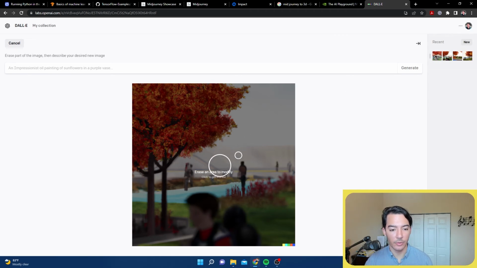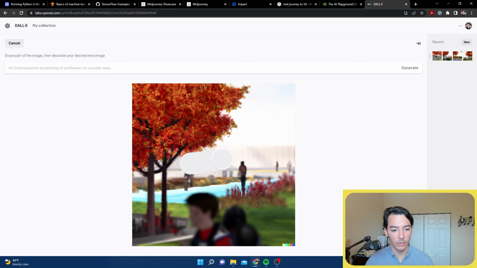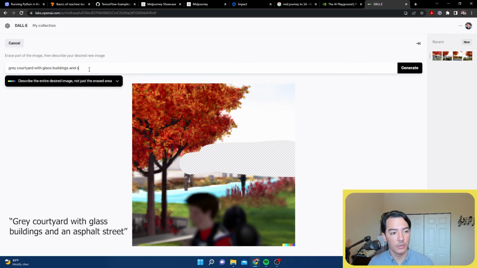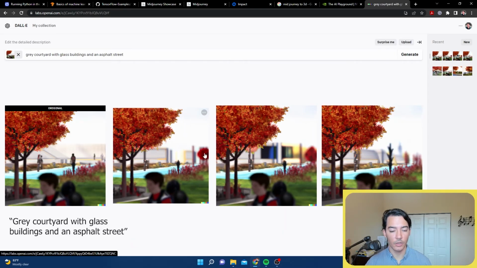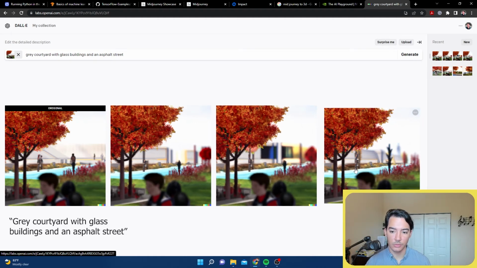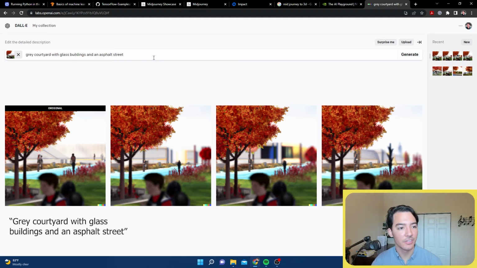Oh wow, it allows you to erase it? Then describe your... Okay, so let's say I want to erase this part. And then put... So here there's a lot of blurriness still, but it did give more detail. Here the person turns into a tree. And then I made these like plant beds. That's interesting.